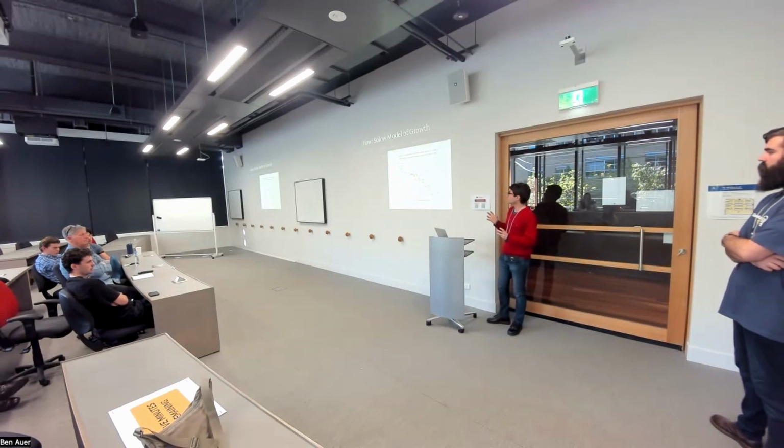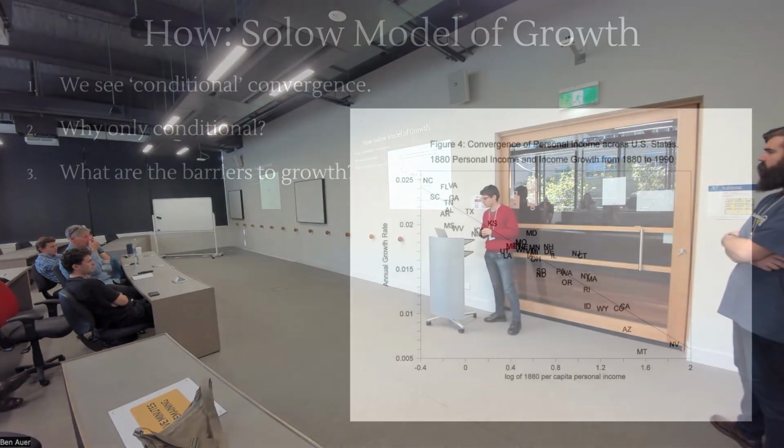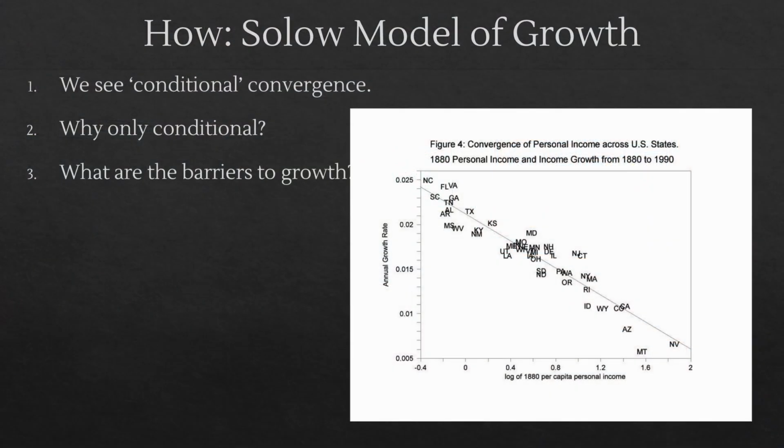And we sort of see this, but only in some cases. So this particular graph shows us different US states from 1880 to 1990. And we see a pretty good fit there. What we're seeing here is the growth rate on the vertical axis and the 1880 level of per person income on the horizontal axis. So there's a negative relationship there. Basically, the richer they started, the less they grew in that intervening time, which is exactly what you predict by this sort of diminishing returns model.